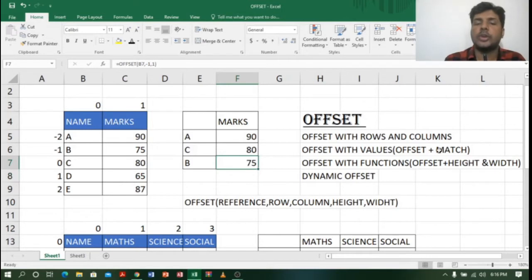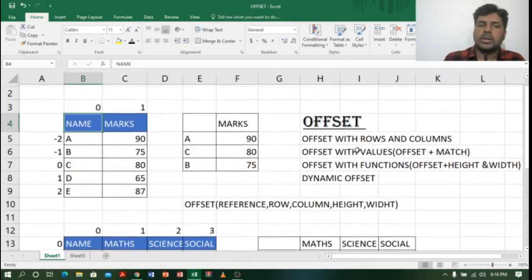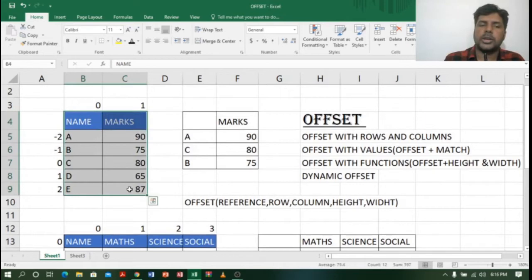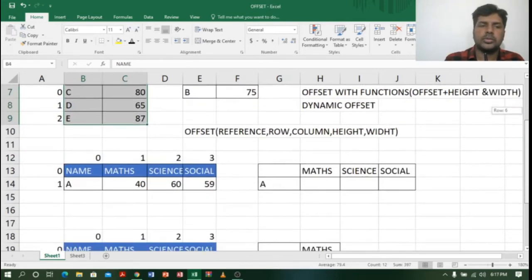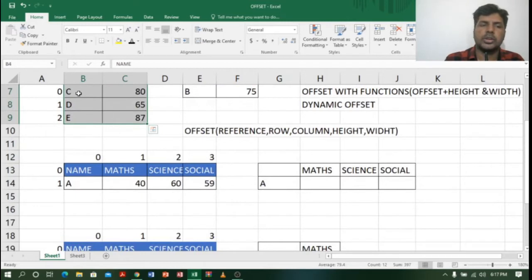So this is how offset will work. Offset will work on the basis of rows and columns, and reference will work as a starting countdown. So where we keep a cursor, from there we have to count the rows and column numbers. Nice, right? Let us move to the next one. Here I have taken a horizontal table, right? So let us take a vertical table. Sorry, already we have taken a vertical table.